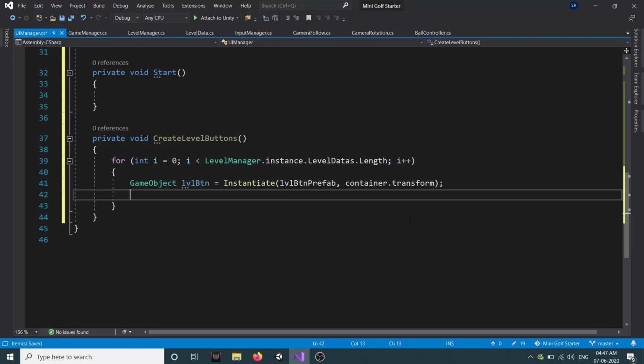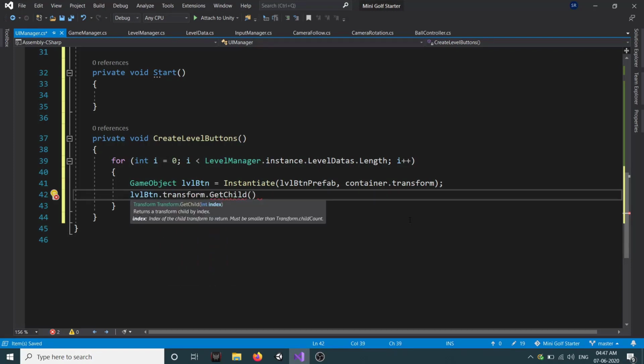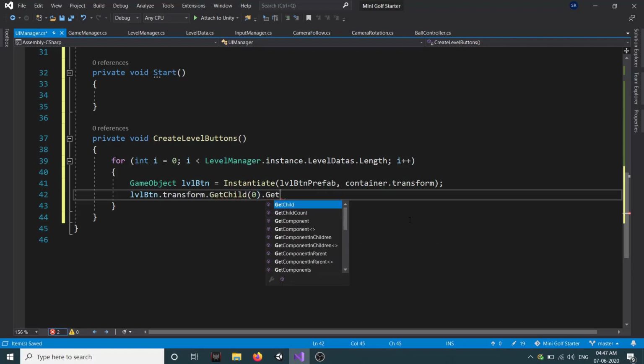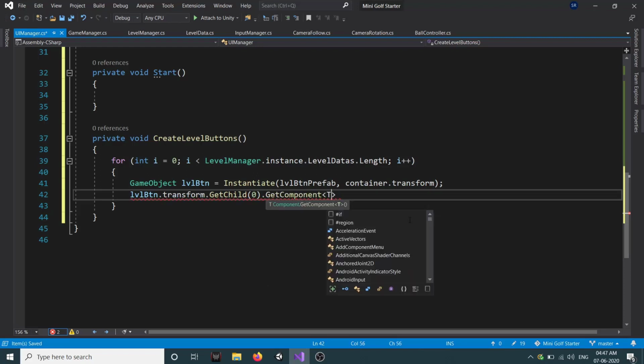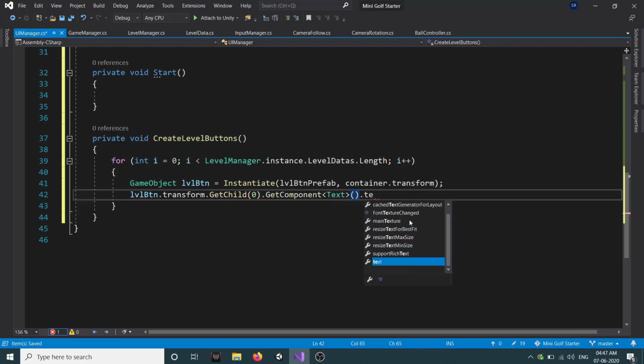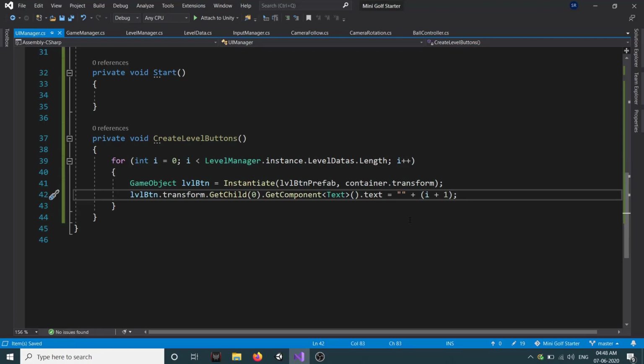Here we are going to get a reference to our first text. So levelButton.transform.GetChild, and as it is the first child it will be 0. We know it has a text component on it. GetComponent<Text>().text will be equal to quotations plus i plus 1. The reason we are setting i plus 1 is because our i starts from 0 and our index starts from 1, so we set it to i plus 1.